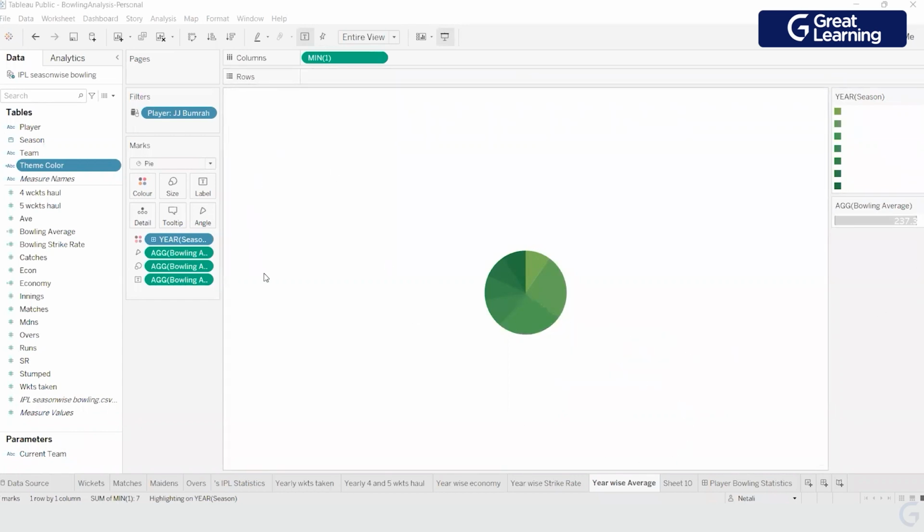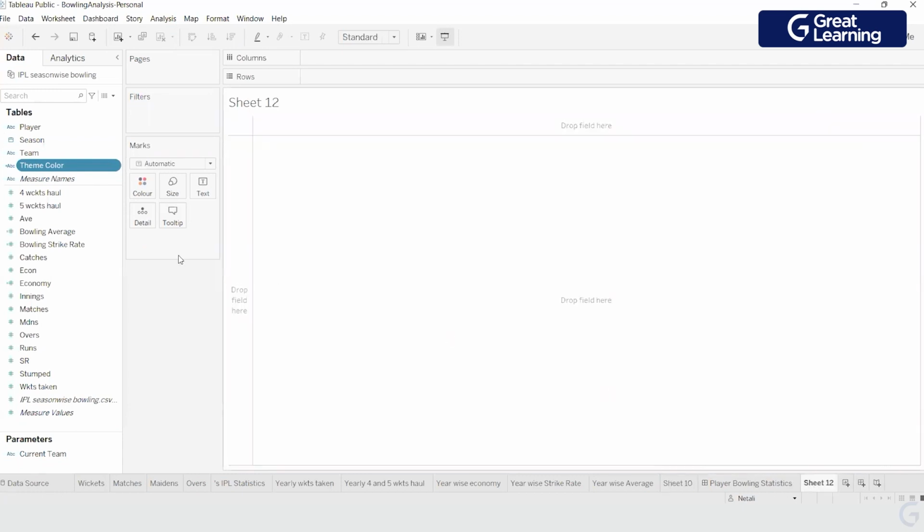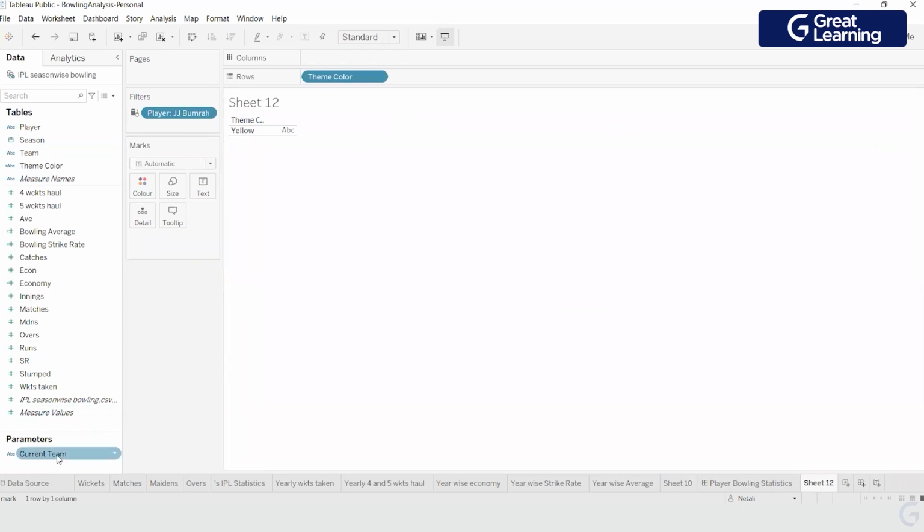So what I did is all this I created, and then I created a blank sheet. With this blank sheet I'm doing nothing, I'm just applying the theme over here. Theme color I took, and then this is my parameter. The color coding went to the theme, and I have the current theme over here. Nothing else I did. I just selected this theme color. Okay. And I have my show parameter. This is what it is showing me. And then I took this theme color over here. This is coming as text. Instead of this, I made it automatic and